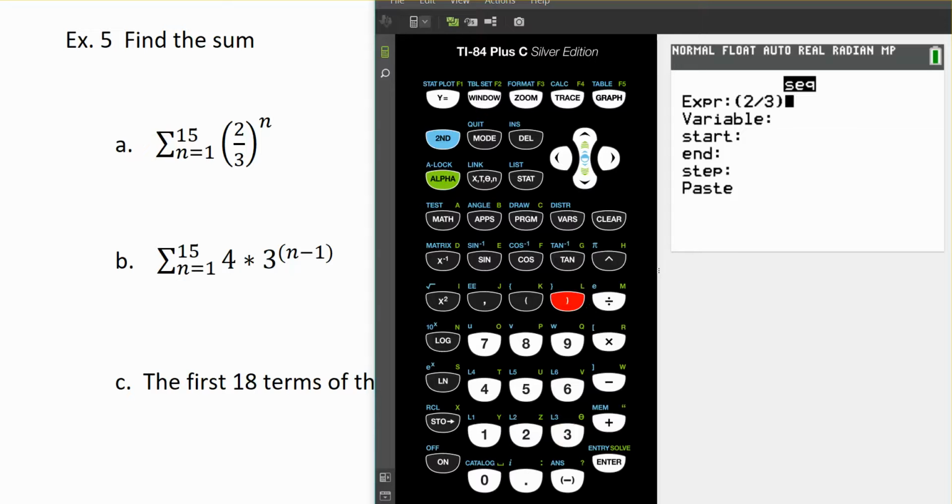2/3 raised to the x power. The variable that I want to be using is variable x. I'm going to start at 1 and I'm going to end at 15. I think that it defaults to incrementing by ones, which is what the step is here, so I'm just going to leave it alone, and when I hit enter,